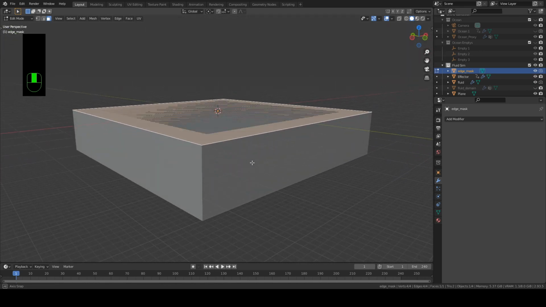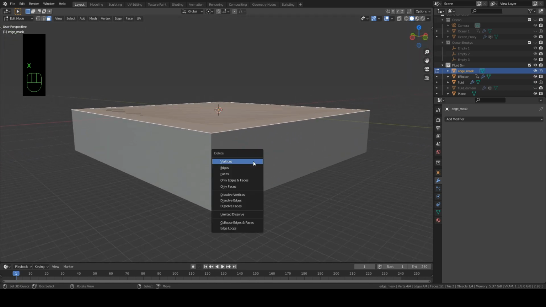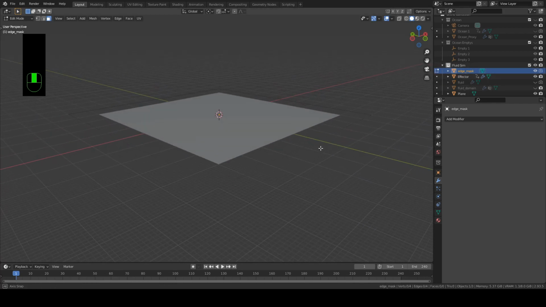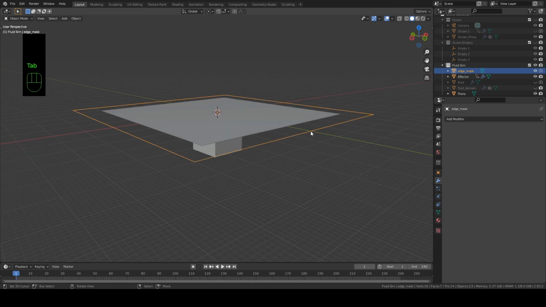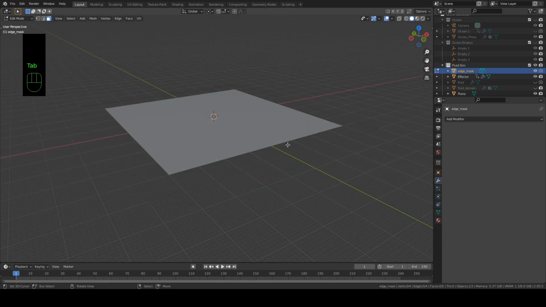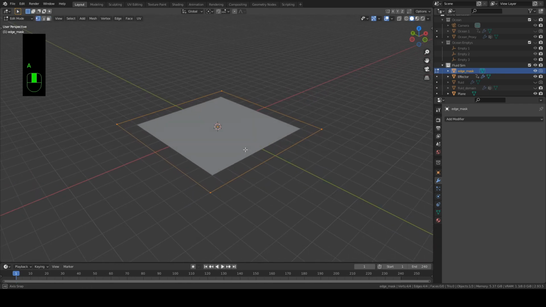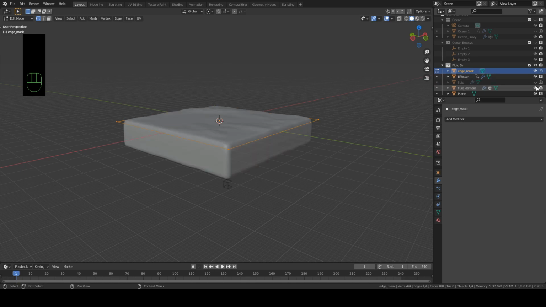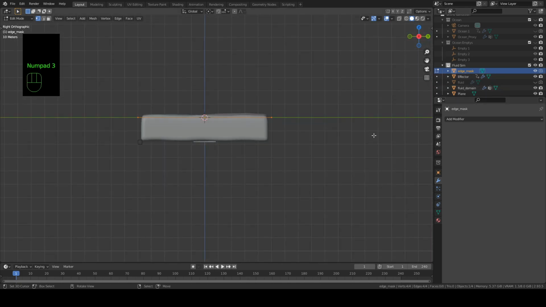And select the top, delete only faces. And I can turn the fluid off as well. Now, come over into Vertex Select, hit A to select everything, turn my fluid domain back on, come into side